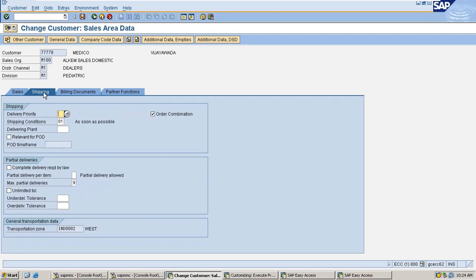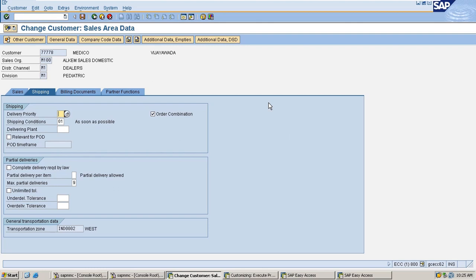Then the next tab is shipping. Here the first one is order combination. This field is a prerequisite to combine multiple orders into a single delivery. If we check this field, then the system will allow us to combine multiple orders into a single delivery.